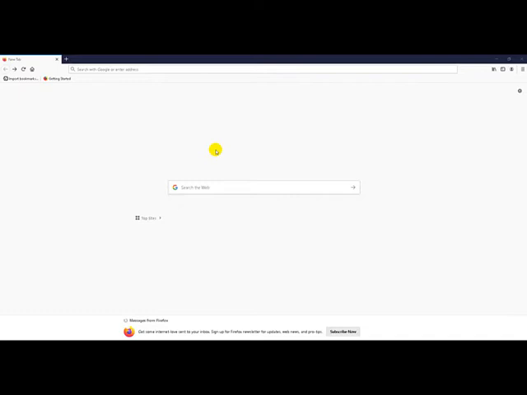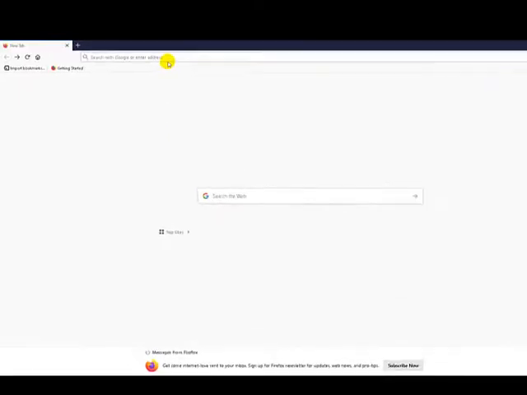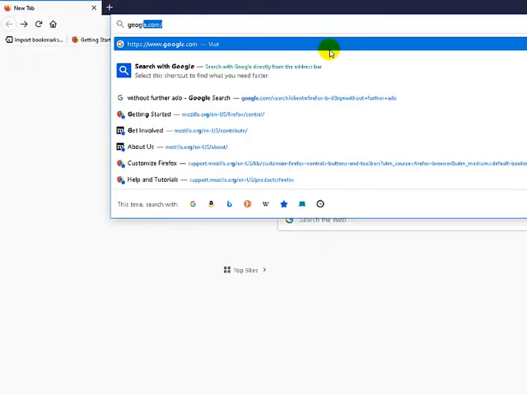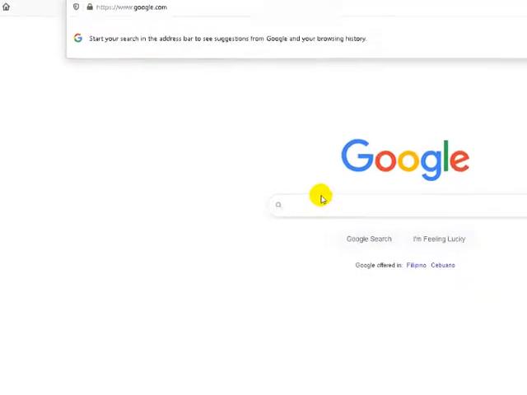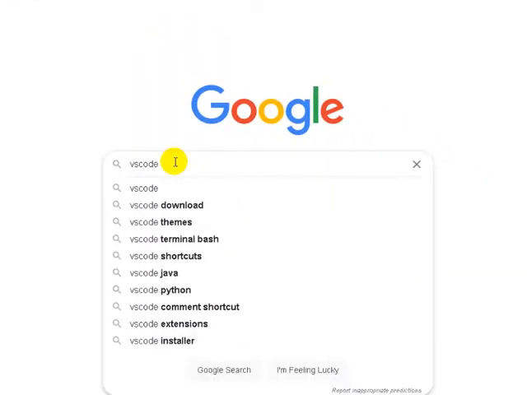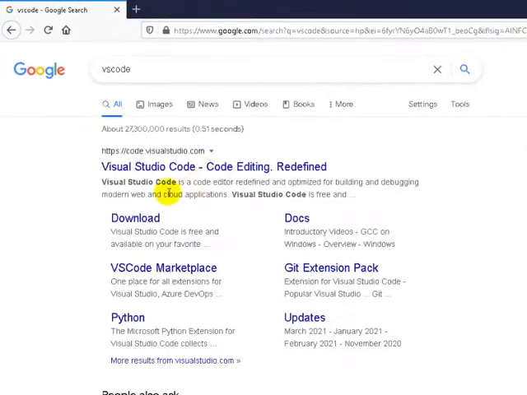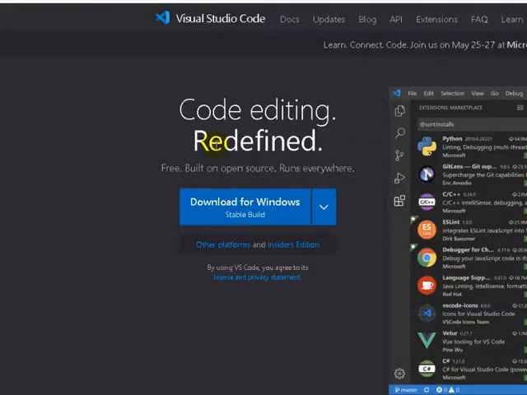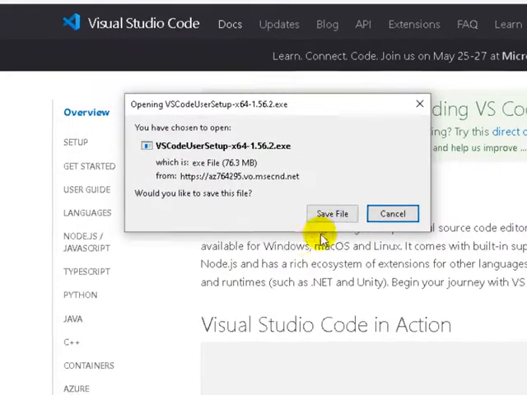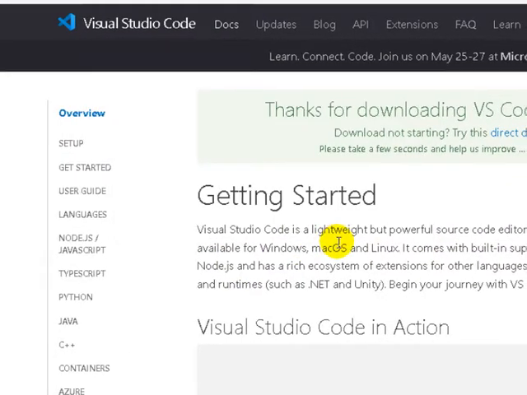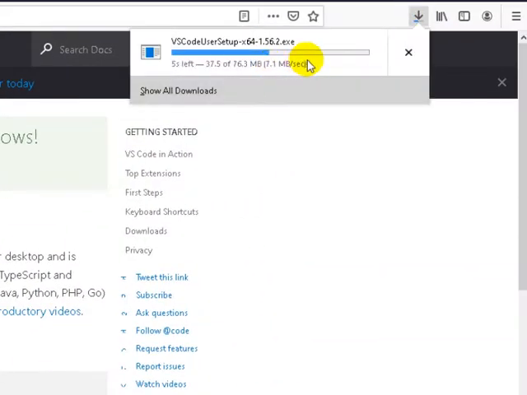In this lesson, we will be installing our local web server and IDE in order to create and run our PHP script. First, we need to search for VS Code and download. We will use VS Code as our IDE, or integrated development environment, to write PHP scripts and run on our